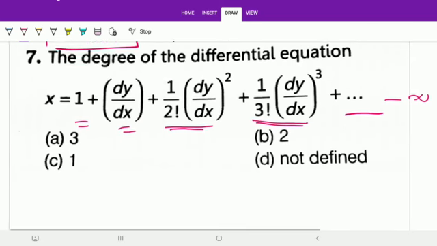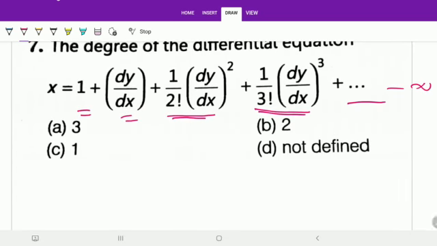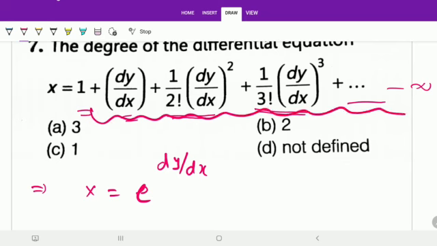Okay, so the trick is, now this question is nothing but x equal to, now right hand side is nothing but the e power x series, right? Only thing is, instead of x we have dy by dx. So the entire right hand side you can write as e to the power, instead of x we have dy by dx, so I am writing e to the power dy by dx. If you know this basic concept, and I am telling you,